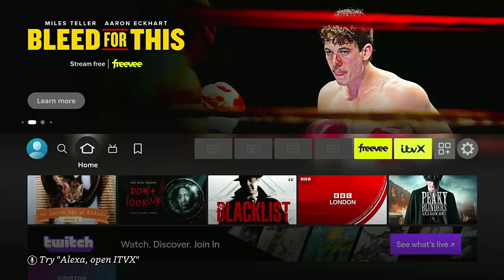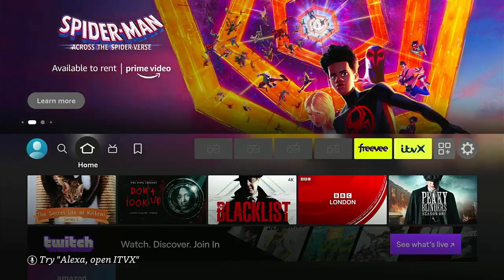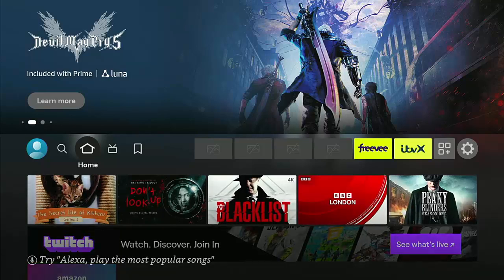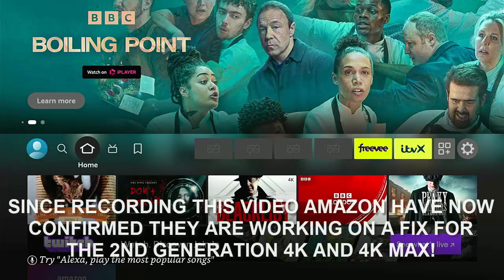Okay, so this video shows you what to do if you've got these missing icons, these broken pictures in your icons. Now, if you're running the second generation 4K sticks, the second generation 4K Max and the second generation 4K, which came out September, October time in 2023, at the current time of recording this video, there is no known